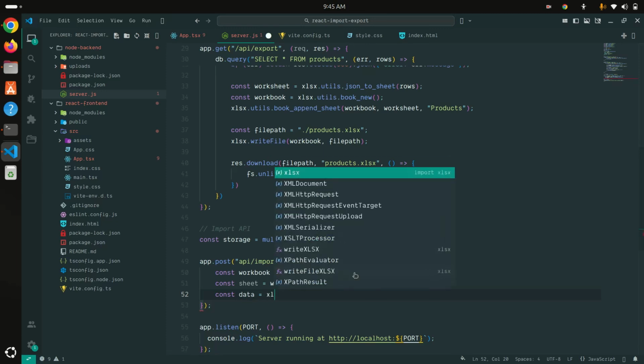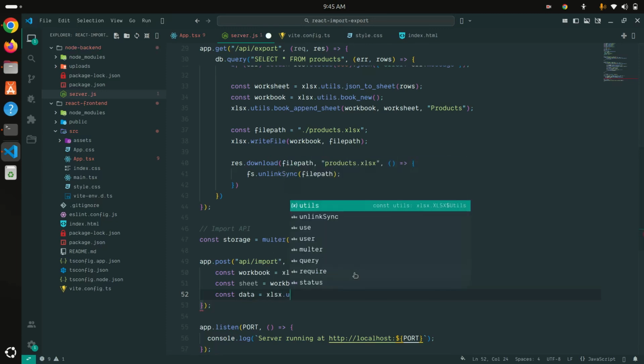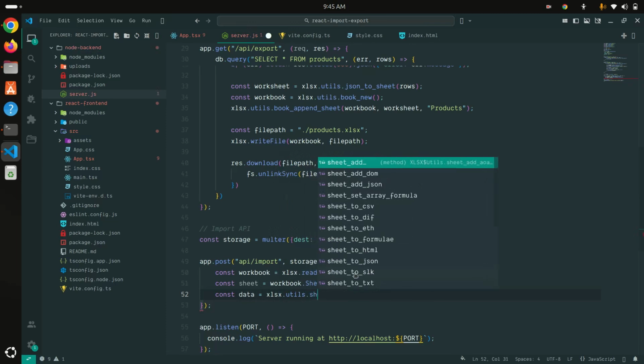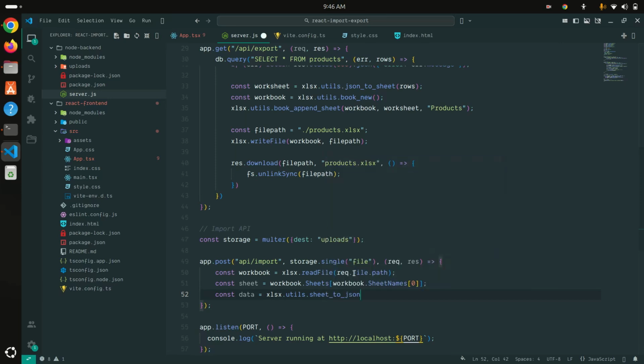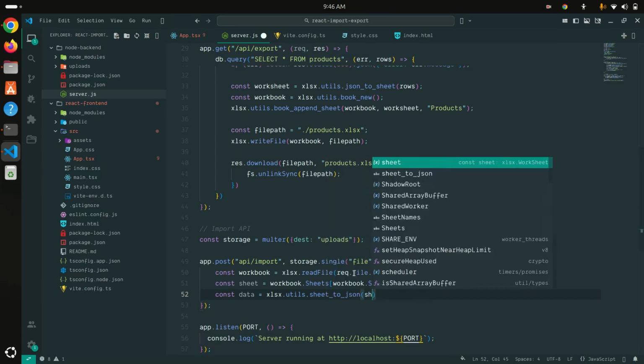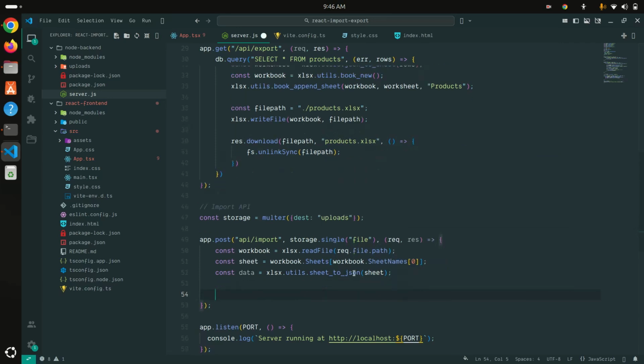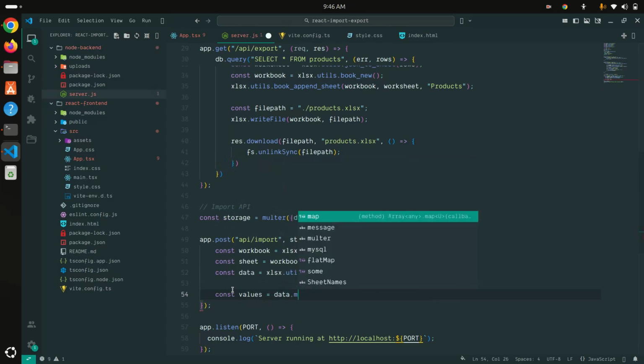Okay, and then XLS dot utils dot sheet to JSON. Okay, and how can I get this from the sheet variable? Okay, so that means it reads the first sheet and gets all the data over here. Now what I need to do, just need to define a new variable over here called values, and then dot map